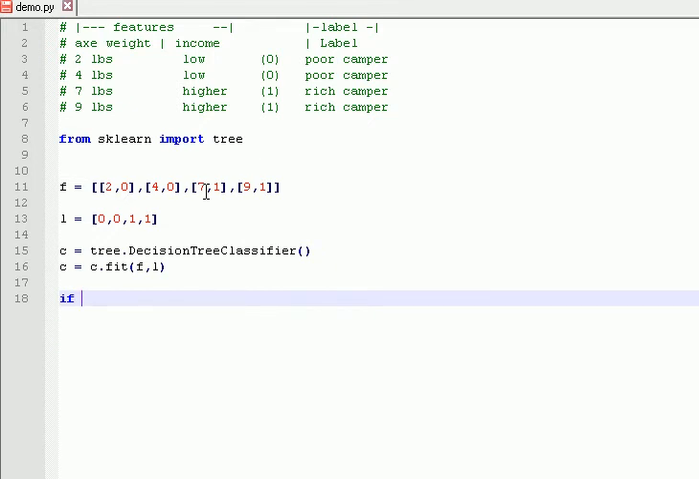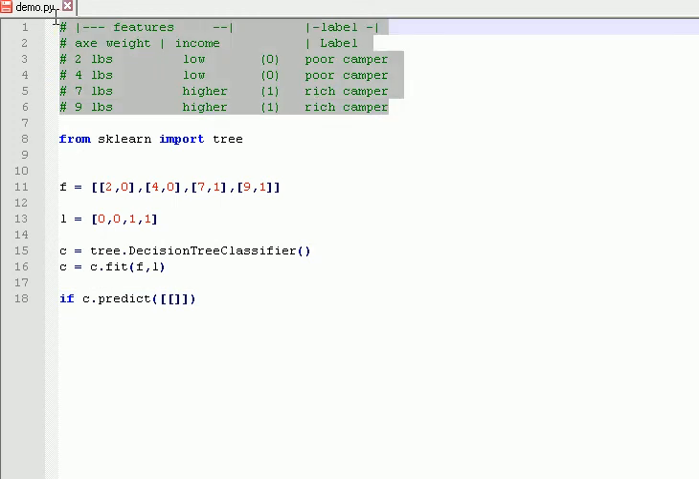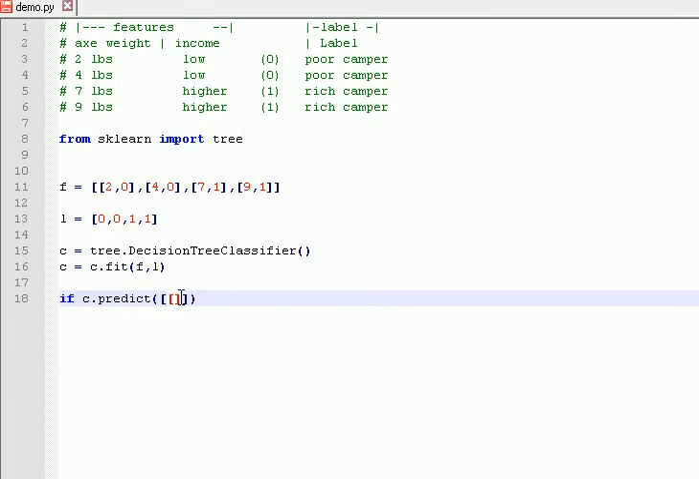Now I'm going to use an if statement. It's used in many languages. It basically determines true or false based on its input. And what do we want to determine? A prediction. So we're going to say c dot predict. What do we want to predict? Well, we want to predict features given, and we know the features in our data set appear, which, let me tell you, this is just commented out code. This code is not executed or interpreted or compiled. The interpreter doesn't see it. We want to say, hey, a 2-pound axe with a low income, remember we have to go off of that integer-based index,